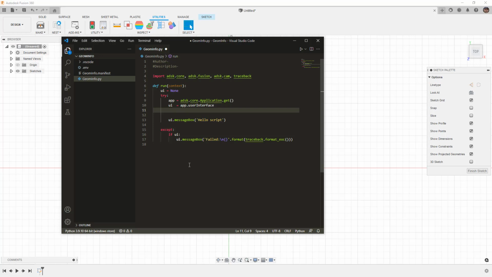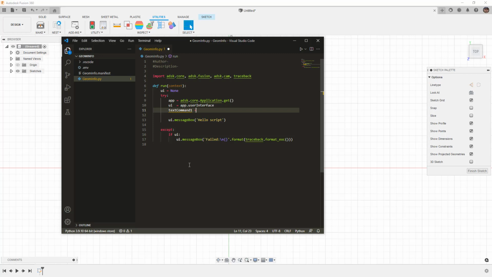So now what we have is access to Fusion 360 and access to the user interface. The next bit that we need to do is define a variable that can contain our text command. So we're going to type in a variable. We're going to create one from scratch, and I'm going to call it textCommand, and you'll notice that I put the C capital, and I'm just going to use the number 1 after it in case we want to